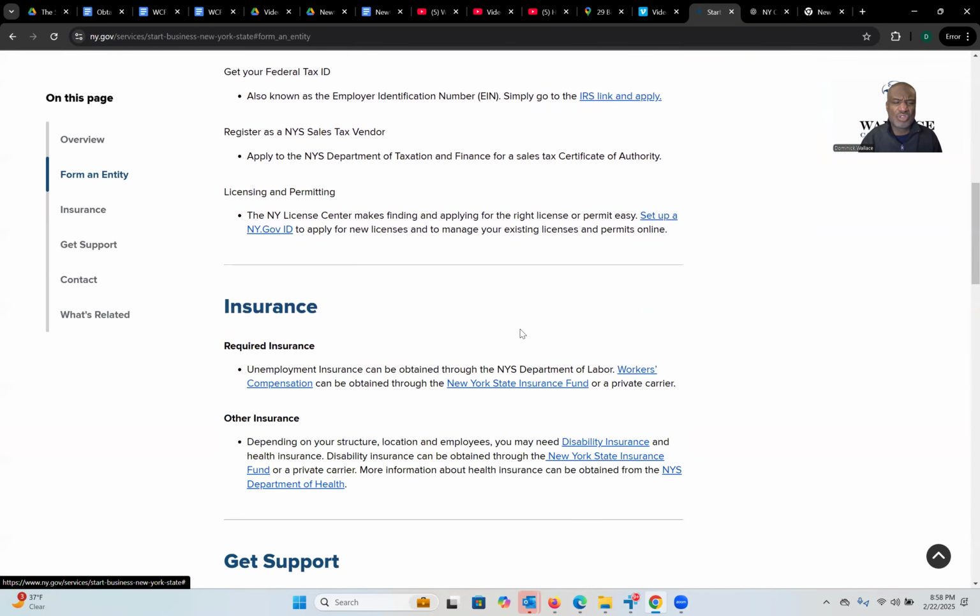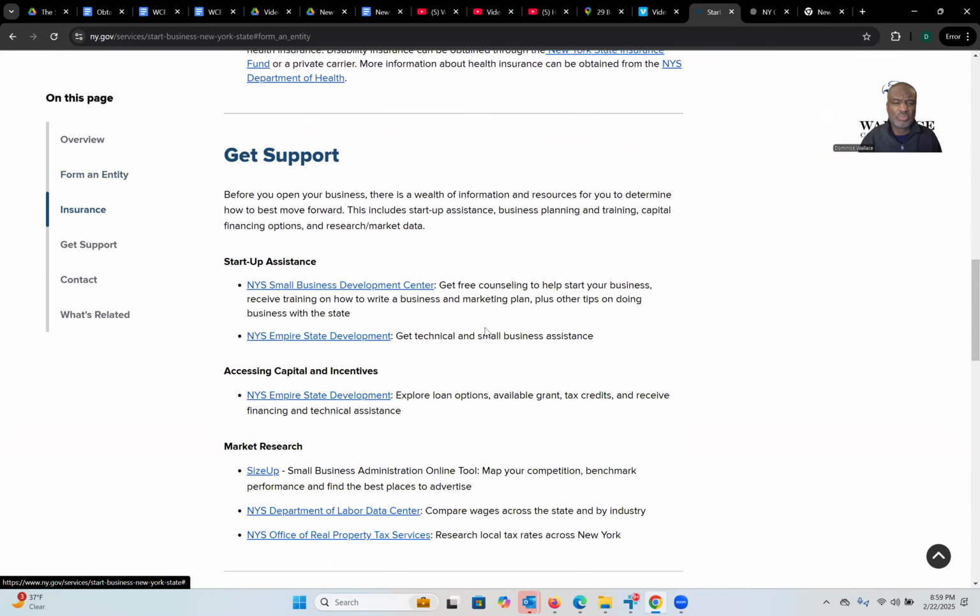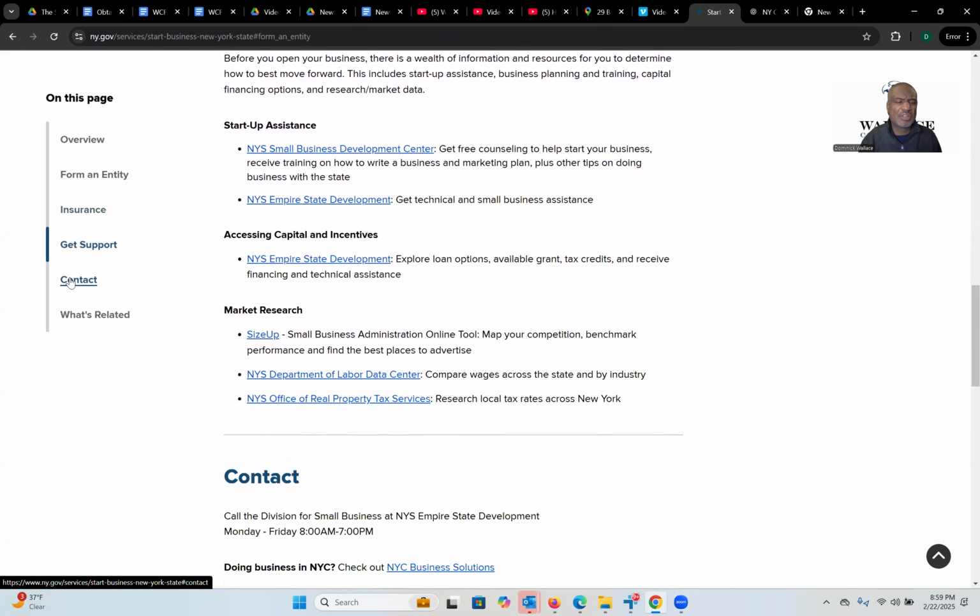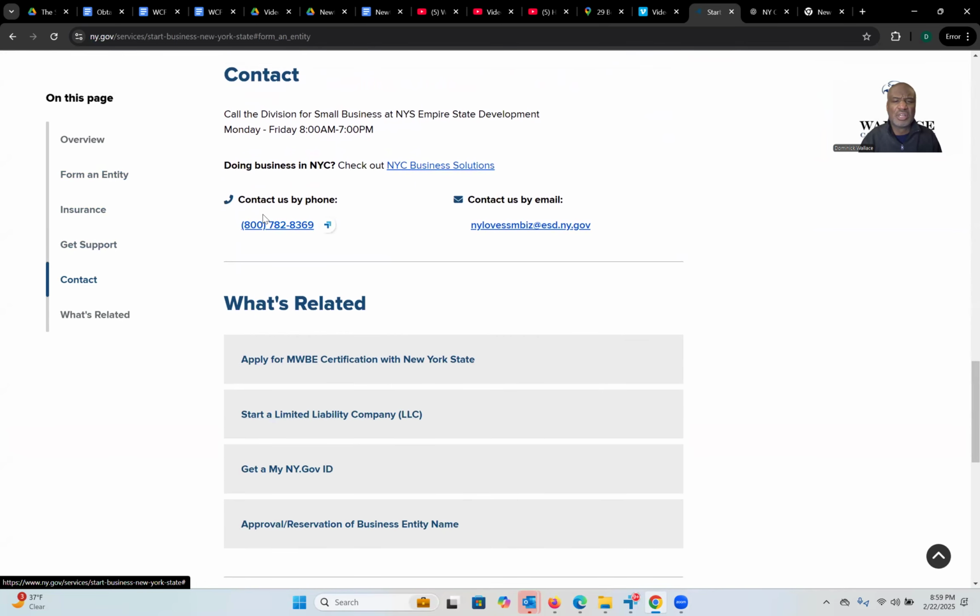Here's some of the support and contact information directly right here. So here's a different telephone number. You can call the Division of Small Business at the Empire State Development. And you've got the telephone number here as well as an email address